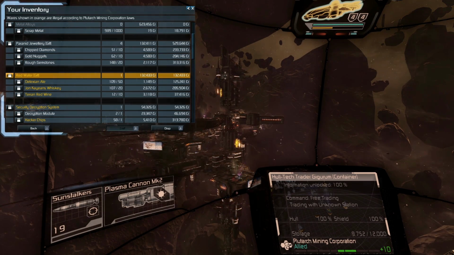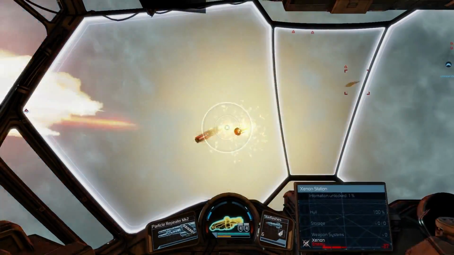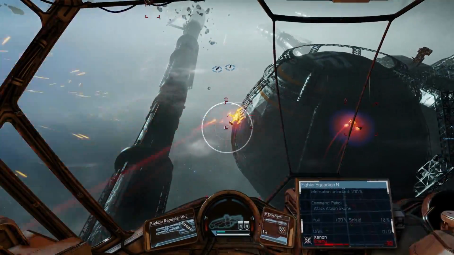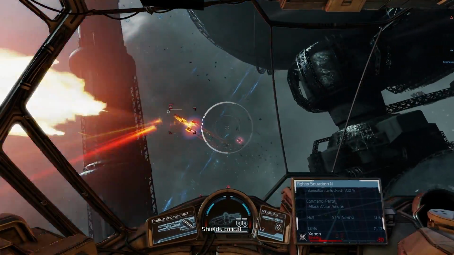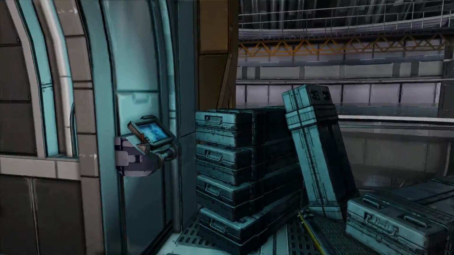Crafting a security decryption system requires an AGI core from Xenon components, and the only way to get that is through shooting down lots of Xenon ships. You can of course greatly increase your chances to get this rare drop by flying to Xenon installations, for example